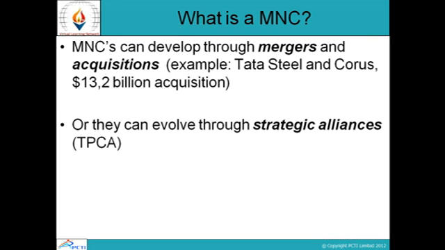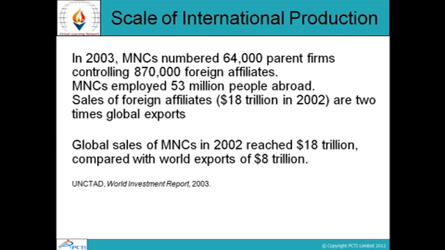MNCs can develop through mergers and acquisitions, for example Tata Steel and Corus, which was a 3.2 billion pound acquisition. Or they can evolve through strategic alliances. The scale of international production: in 2003, MNCs numbered 64,000 parent firms controlling